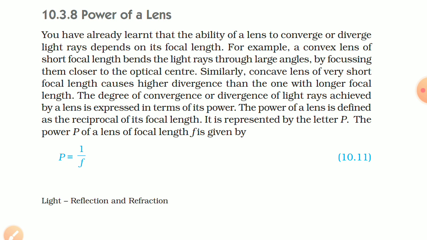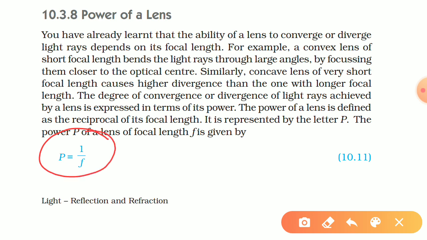So the power of this diverging or converging depends on the focal length. The degree of convergence or divergence of light rays achieved by a lens is expressed in terms of its power. The power of a lens is defined as the reciprocal of its focal length. It is represented by the letter P. The power P of a lens of focal length f is given by this formula: P is equal to 1 upon f. So when we increase our focal length, our power decreases, and if we decrease the focal length, then our power increases,